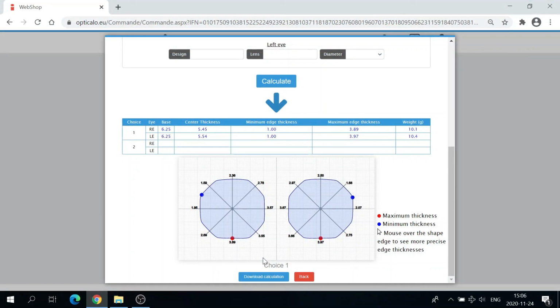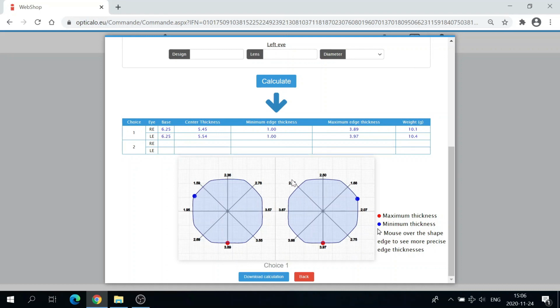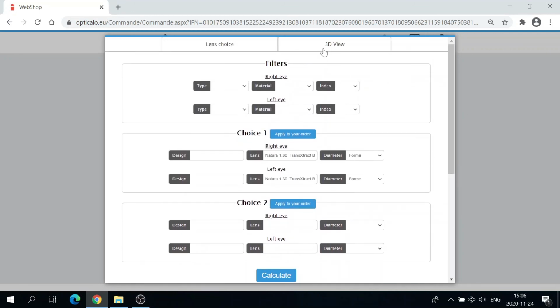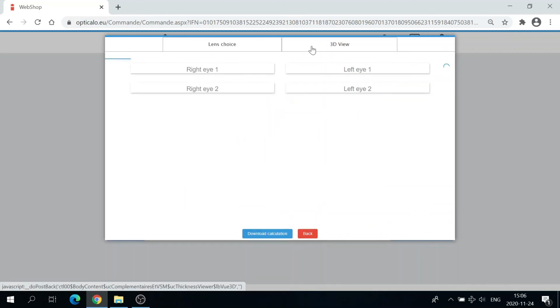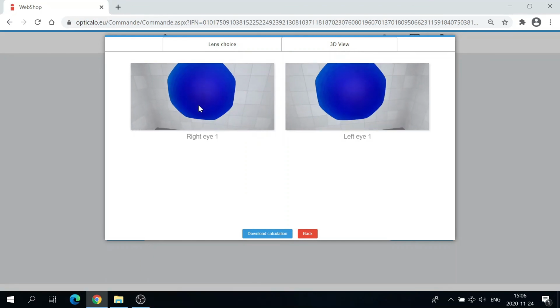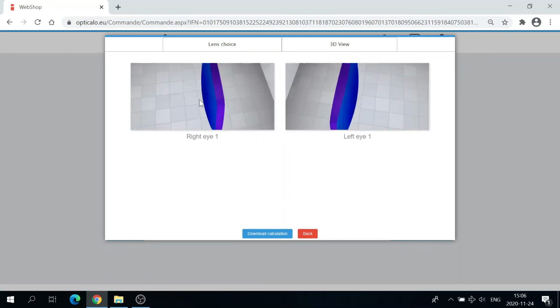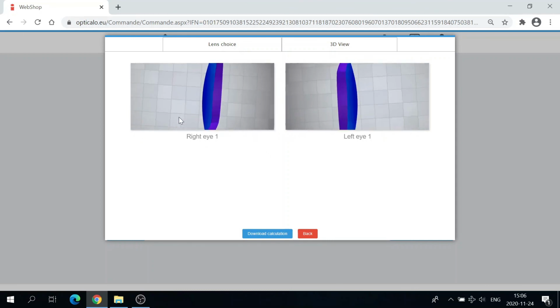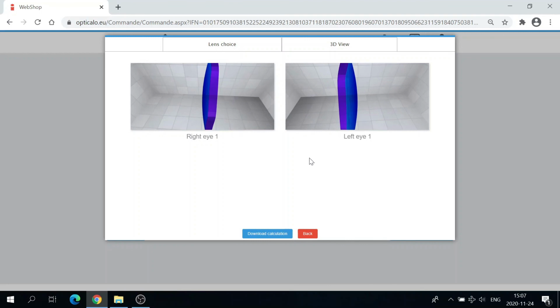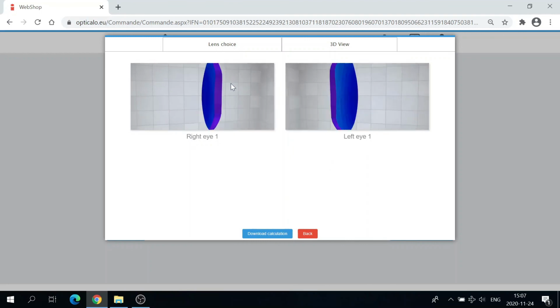After performing a calculation and reviewing all the thicknesses, you have the possibility to review it in a different way using the 3D view. In the top right corner, you click on 3D view, and then you can grab the lens and make it rotate to see how it looks with the base and the thicknesses. Feel free to use this functionality to see if the lens